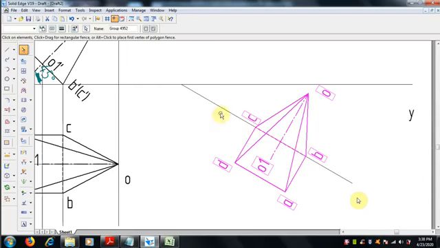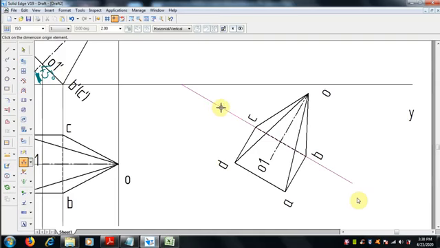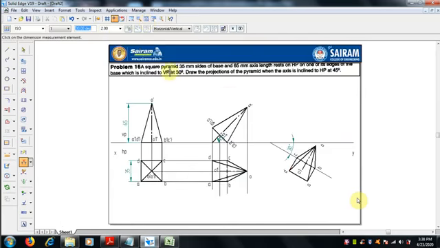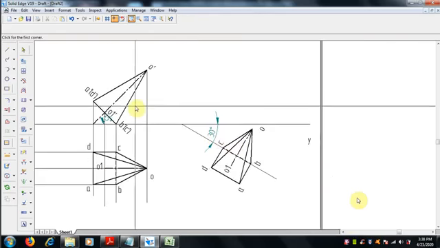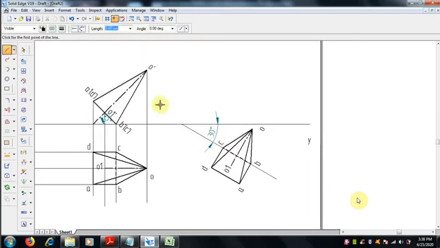Right, totally now it is rotated. So now we will check the angle is 30 degree. The CB, the resting edge, now it lies in 30 degree inclination to VP. Final one is we have to draw the projection lines and the views. Top view, and top view is over.